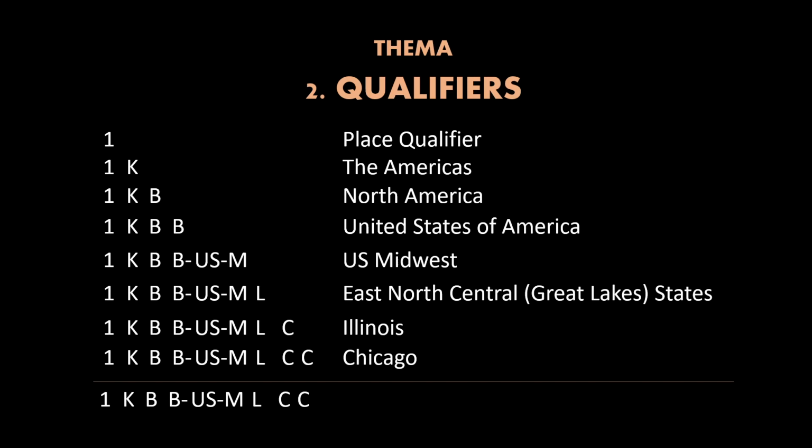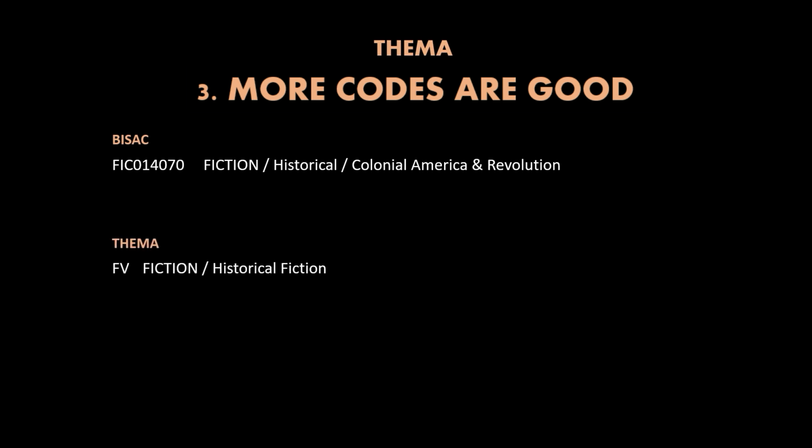That leads us to our last point. More codes are good. Because subject categories need to be broken out into qualifiers, stacking up multiple Thema codes where BISAC may have only one is the norm. This makes a classification much more precise. Let's return to our earlier example of colonial America and revolution historical fiction. The default corresponding Thema would produce 4 codes, FV, 1KBB,